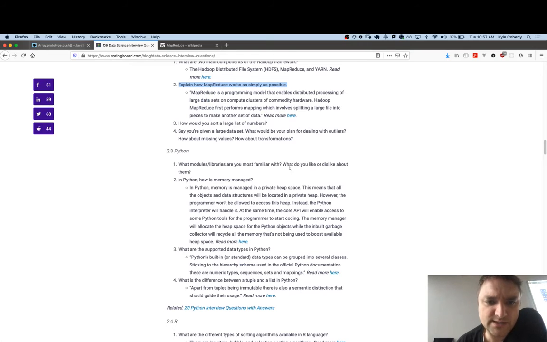Some other ones. In Python, how is memory managed? I have no clue how memory is managed in Python. So ask me. How is memory managed in Python? I don't know, actually, but Python's a scripting language, and with a lot of scripting languages you're kind of abstracting that stuff off. I've worked in scripting languages most of my career, and I've never really done a lot of manual memory management.